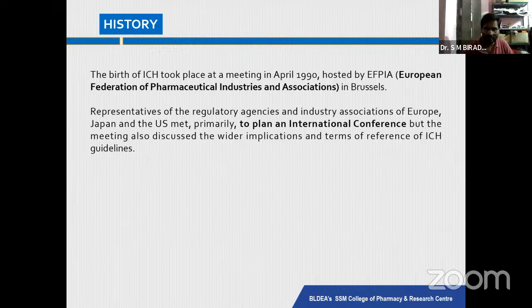Suppose those people are not accepting our standards of quality, then again we fail to get the reward or the money from those people. Or they have prepared a new product which is very good and we have rejected it, because the standards are not acceptable in the Indian market or among Indian people. Again, it is a failure of their products. So to avoid all that ambiguity or discrimination, they thought to make one set of guidelines to be followed everywhere while doing preparation or while selling the product.